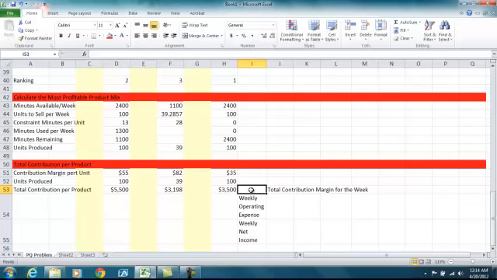So my total contribution margin for the week is $12,298. Alright, and my weekly operating expense, if you'll recall, was $6,000. Therefore, my weekly net income, operating net income, is